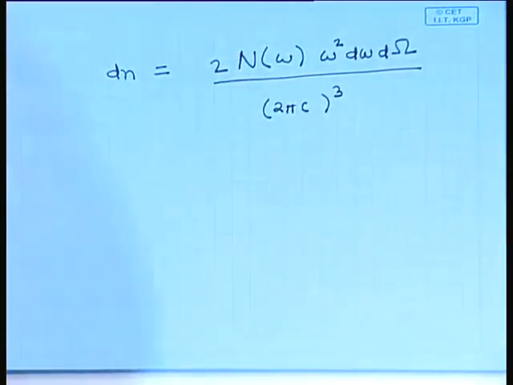Now, we had used this to calculate the energy density of a thermal distribution of photons, and we shall come back to this shortly. But before coming back to this, let us now take up another interesting quantity, the specific intensity. Okay. I have defined, so let us just look at how the specific intensity of light is related to this occupation number of the mode. Okay. So, how was the specific intensity defined? The specific intensity